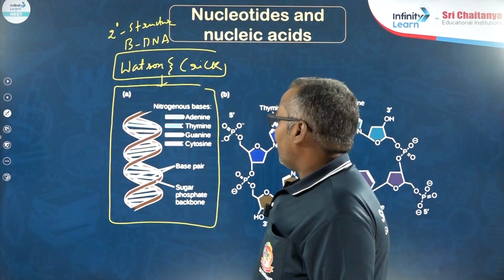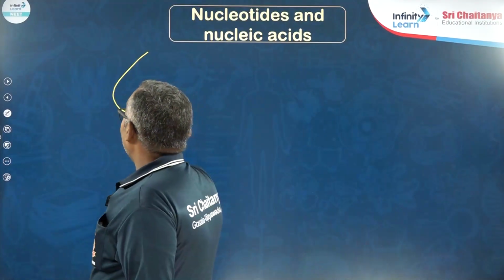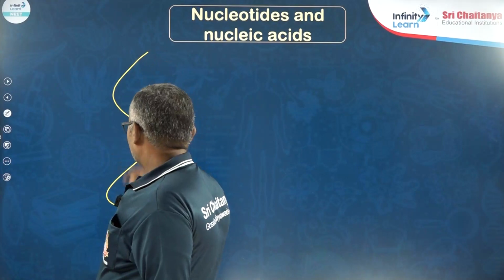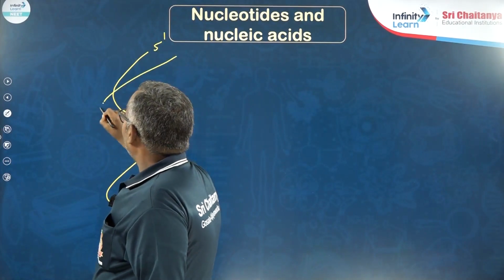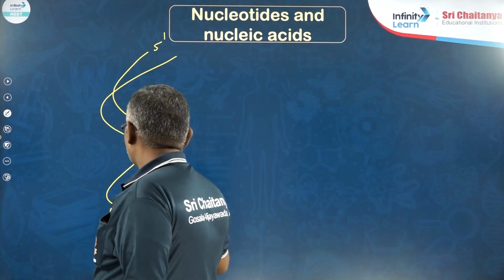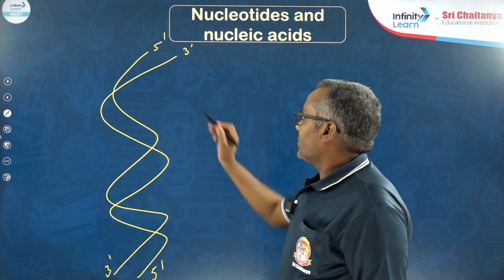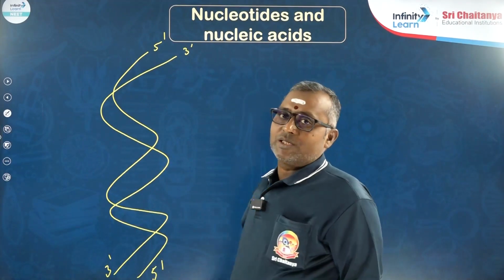DNA is composed of two helically coiled strands. These two strands are anti-parallel to each other,